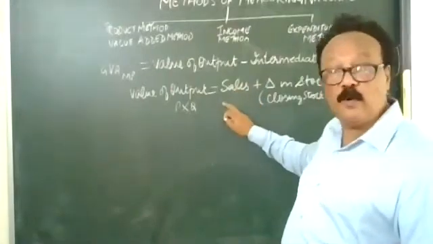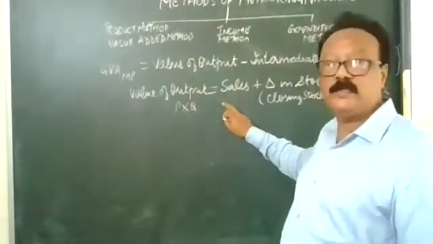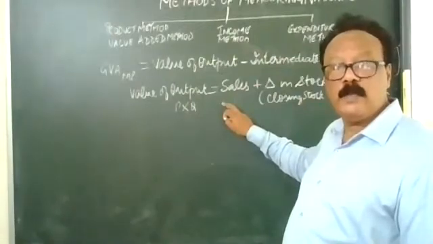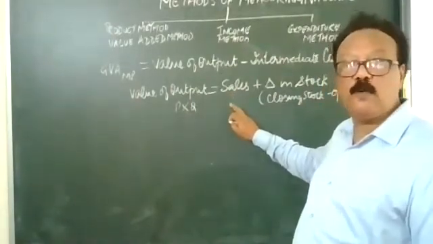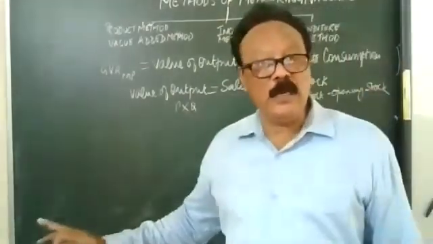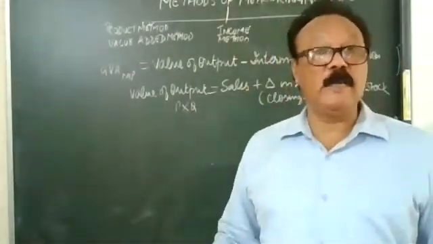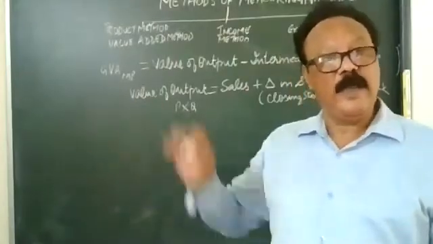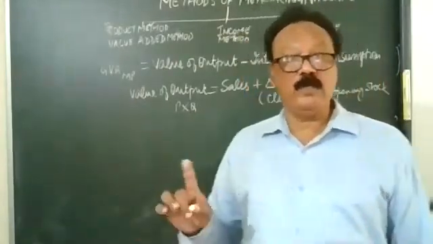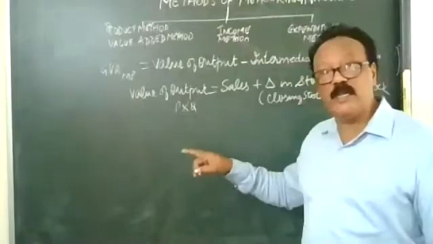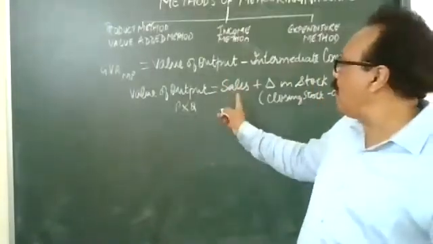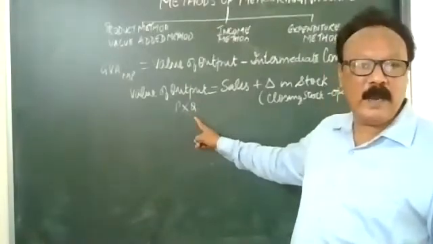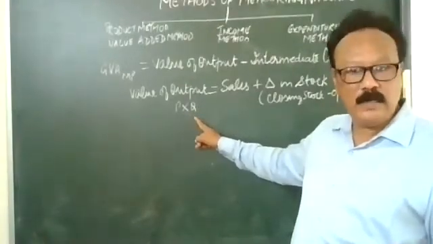Sales include exports, or exports is included in sales. When it is given in the question, we will take directly sales, not the export part. When do you take exports? You will take exports only when in the question it is given domestic sales this much, export this much. Now, total sales will be domestic sales plus export. That's how you get sales. If sales is not given anyway, it can be calculated by taking the price into the quantity.